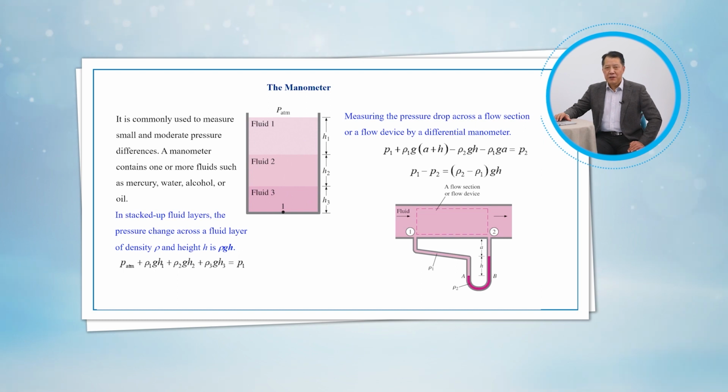A relation for the pressure difference P1 minus P2 can be obtained by starting at point 1 with P1, moving along the tube by adding or subtracting the ρgh terms until we reach point 2 and setting the result equal